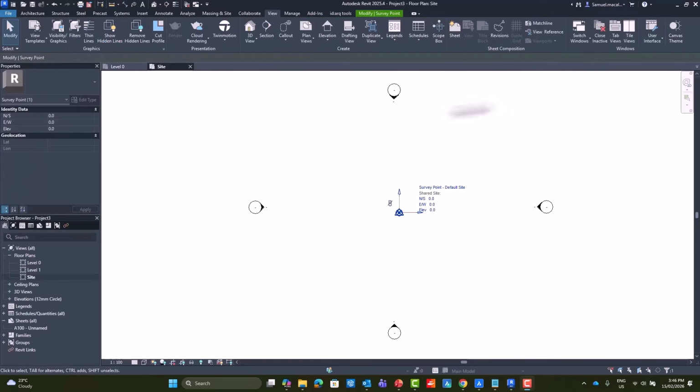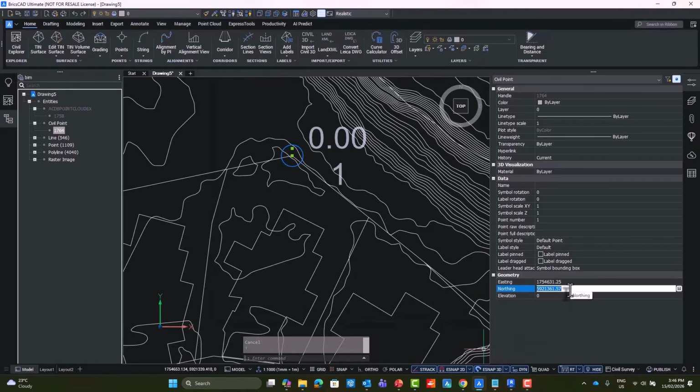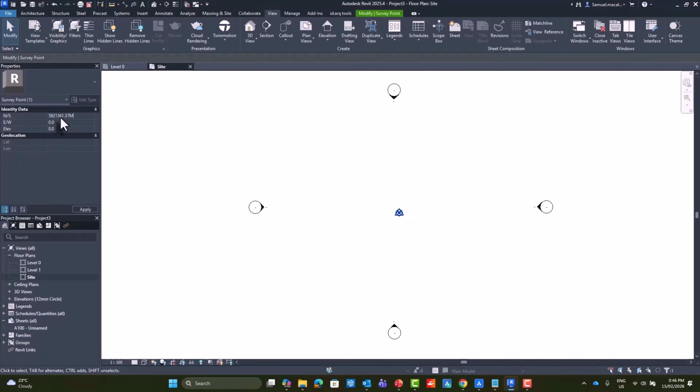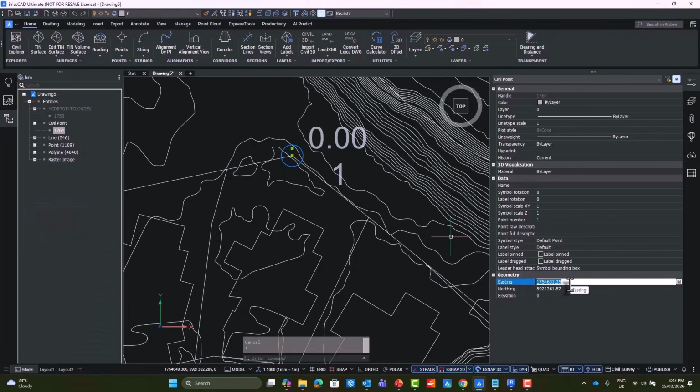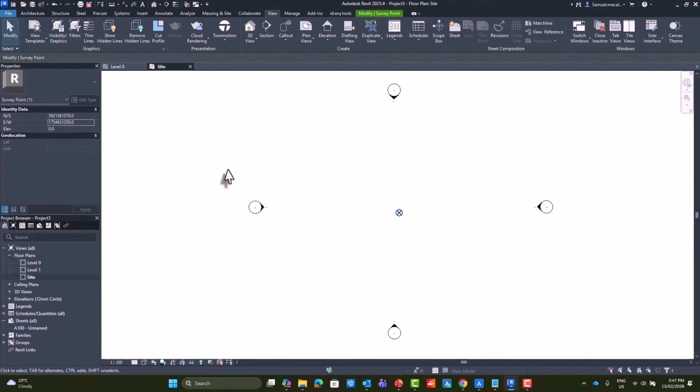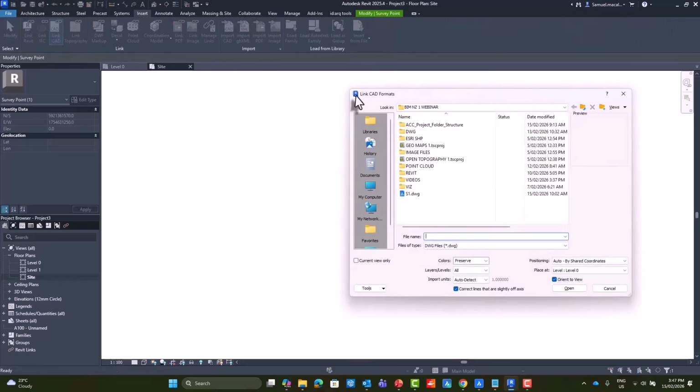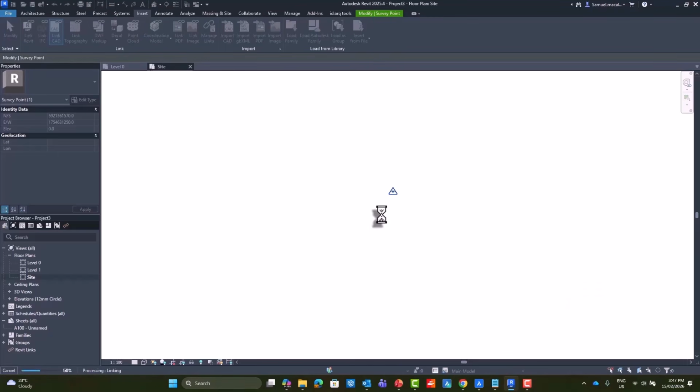So you can see here, north, south, east, west. So adding our northings and eastings to those two components. So just a cut and paste. Type in M at the end for the suffix, and that will enter it in as meters. Put the paperclip back on to lock it in place, and we can link in that CAD file that we